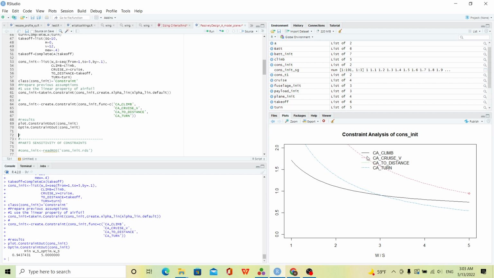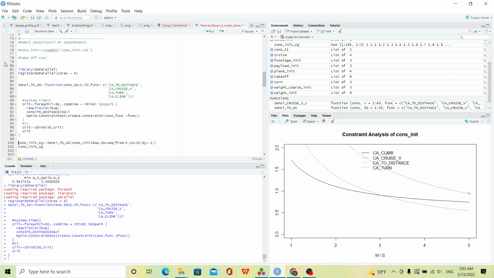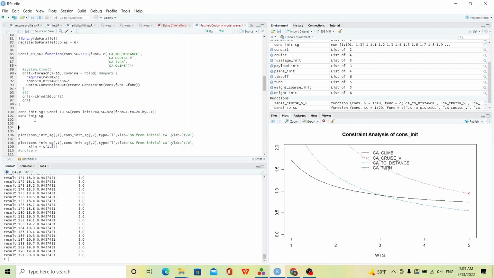So you could optimize that, find a point, but you can actually change the compromise a bit. So you could put a for loop to iterate this and see if I change some requirement. For example, here I changed